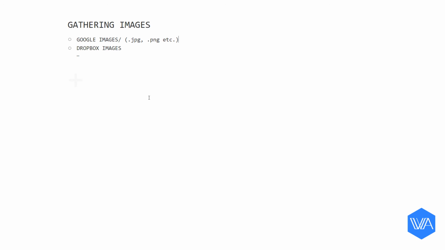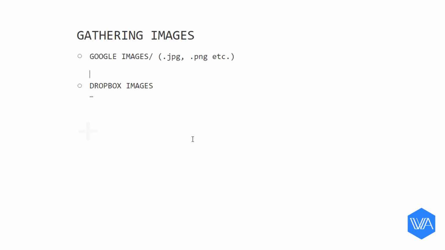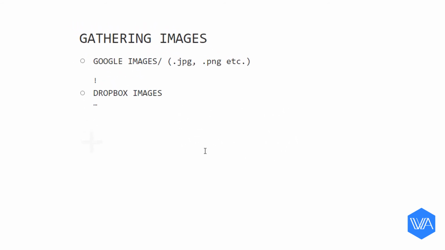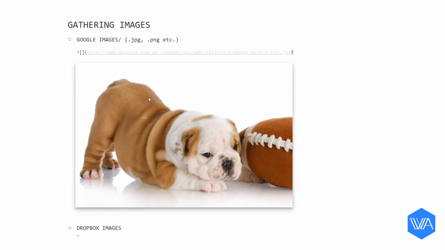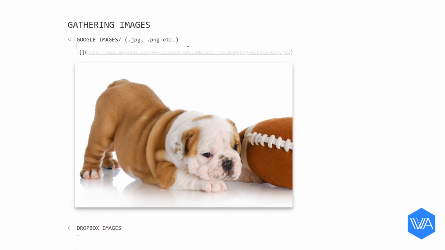So now I'm going to set my image link up in a note. And to do that, you hit Shift Enter, and I'm going to pop it into the second line of my note. And here's the syntax. First, an exclamation mark, a set of square brackets, a round bracket. I'm going to paste my link and close it off with another round bracket. And there's my image. As simple as that. As you can see, any image that ends with a .jpg, .png, or any image files, those are good to